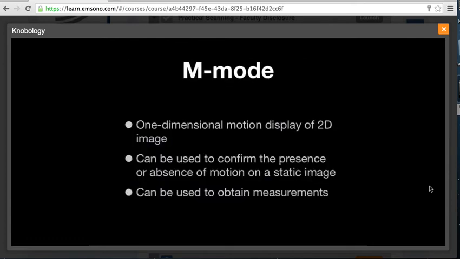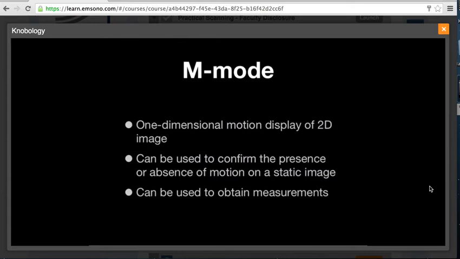You're going to use the M mode function frequently during your scans, and M mode stands for motion mode, and it's a one-dimensional motion display of the two-dimensional image, and it can be used to confirm the presence or absence of motion on a static image. It can also be used to obtain measurements,